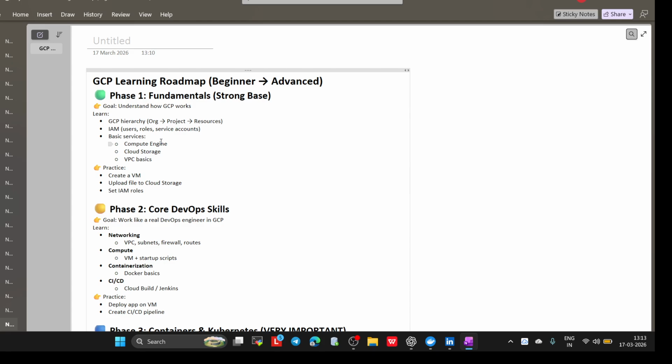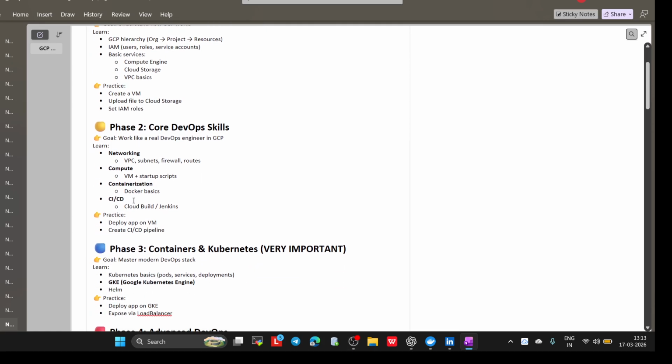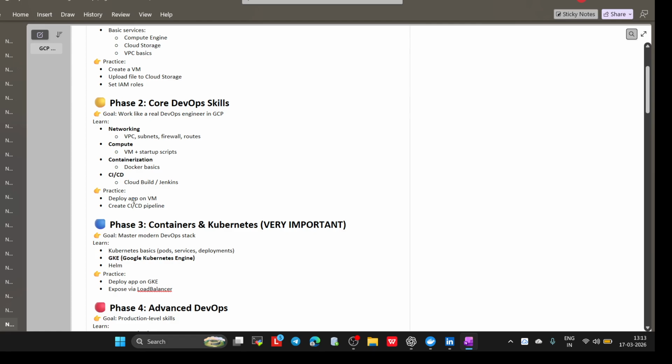This is the fundamentals. Once we do this, we will start core development skills, which include working like a DevOps engineer in GCP. For that we need networking. Inside networking we need to know VPC, subnet, firewall, and routes. Whatever we have learned for AWS, it will differ a little bit, but it is more or less the same concept.